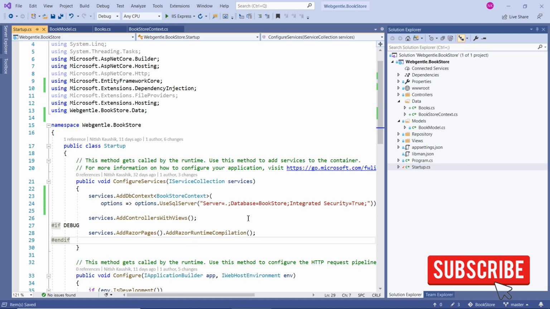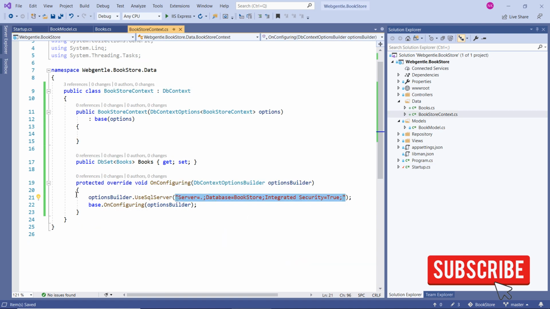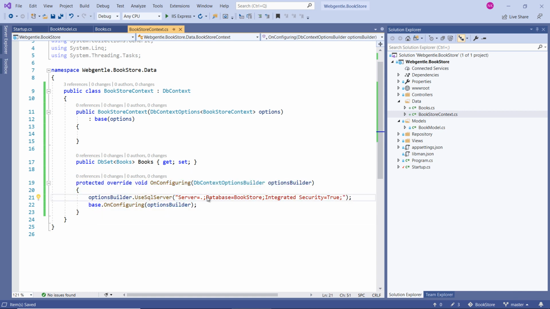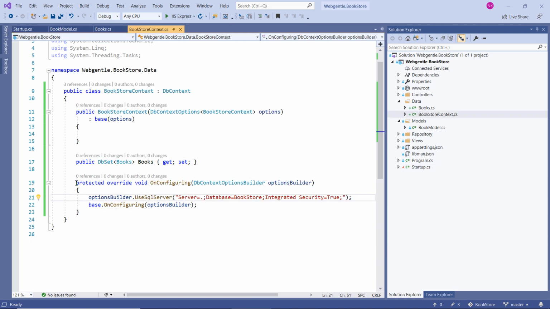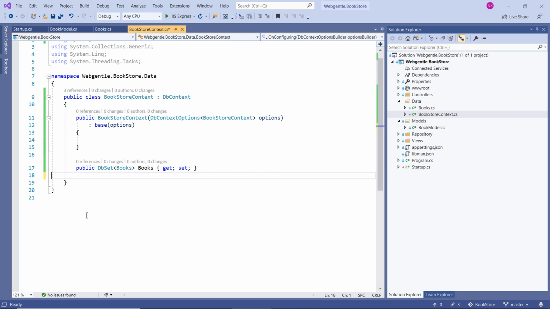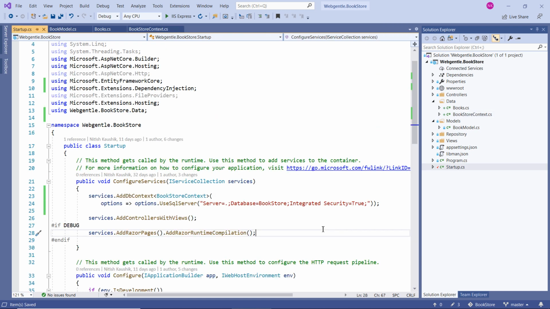So if we have defined the connection string over here, then there is no need of this method. I can simply remove it altogether. If you are keeping your connection string over here, then there is no need to define it again at this place. So let's remove this method. At this time we are passing a hardcoded connection string in this method.